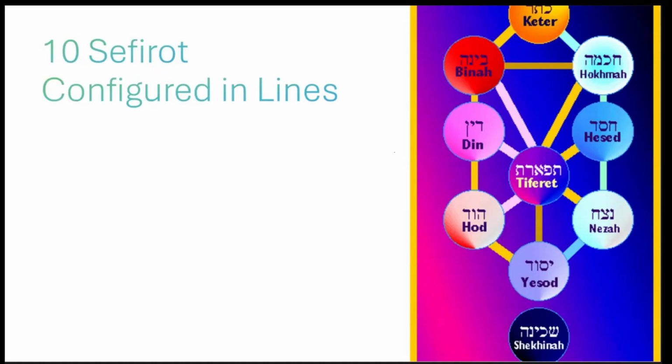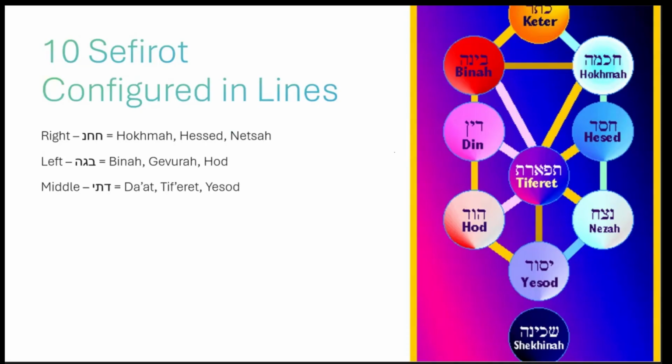What you can see here is that it has a rough human shape, where you have a head at the top, arms at the side, and the middle. So the Sefirot are divided into three columns. The right column is Chochmah, Chesed, Netzach. The left is Bina, Gvura, Hod. And the middle is Da'at, Tiferet, Yisod. And beneath them is Malchut, which is the receptive vessel. All of the energies from the higher Sefirot are passed on to Malchut, and Malchut is where creation happens.